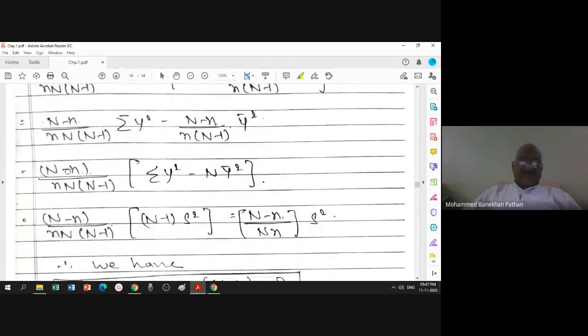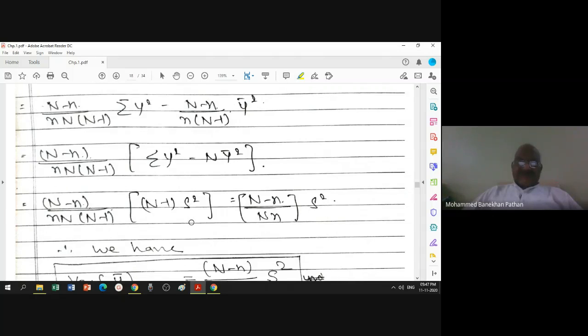So this is your simplification. Sum of y_i square minus n times y bar square is nothing but summation of (y_i minus y bar) whole square, and that is written as (N minus 1) S square. So this N minus 1 cancels with this N minus 1. Finally, I reach my